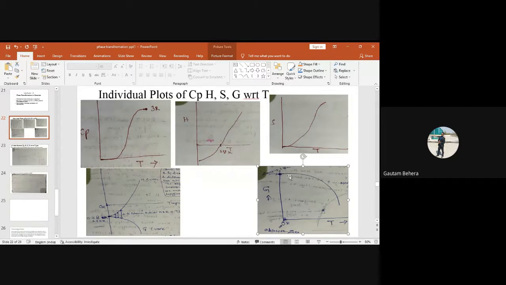The slope of this line is exactly the negative value of S, right? Entropy. And I told you entropy always increases with increasing temperature. Entropy will be either 0 or positive. It will not be constant, right? So the slope of this curve is showing you the entropy. But if the line is straight, then there will be no change in slope. If there is no change in slope, it means the entropy is not changing. It is fixed.